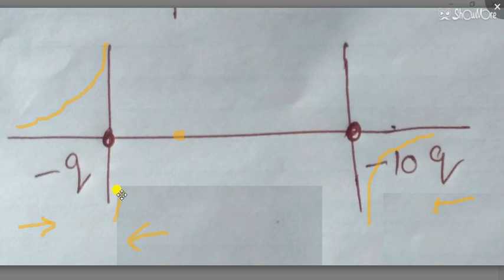Wait students, I am drawing. It will be in this way and it will cross the 0 point. Then the electric field for this negative minus 10 will be in this direction. So you can say the electric field will be in this way. This is the final representation of the electric field for this charge. This is question number 2. You can take the screenshot of this question now.